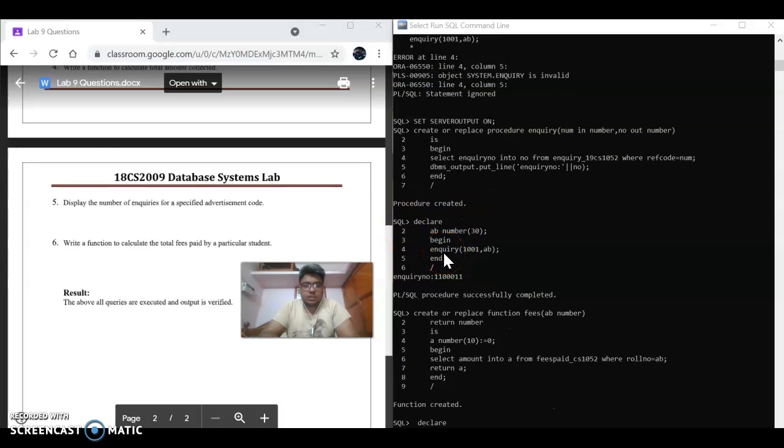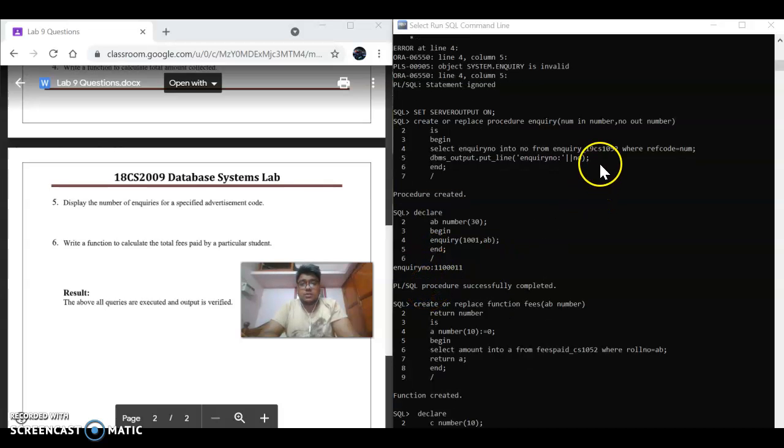We have to declare a number, so ab number is 30, and begin inquiry of 101 and ab, end and slash. So the inquiry number we are seeing here is 11000 and 11, and the procedure successfully completed.